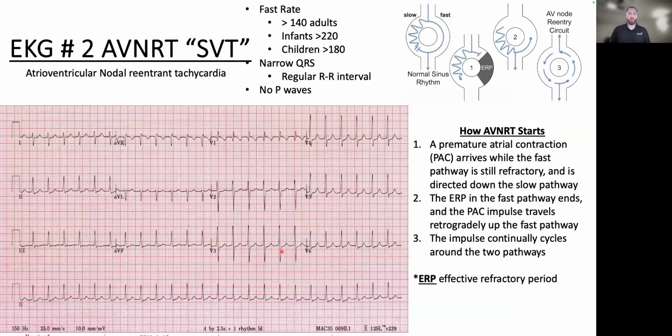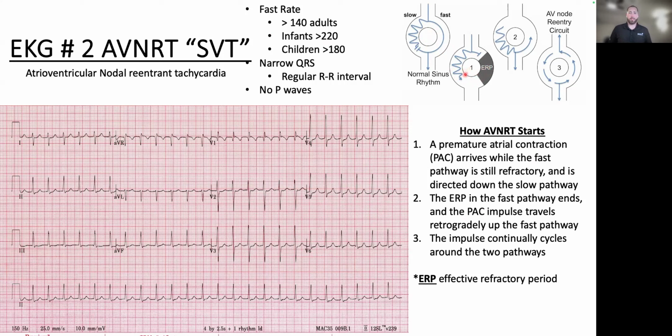So what is SVT? Well, another way to call this is AV-NRT, or AV node reentrant tachycardia. And what's occurring is typically at the AV node, you have this fast channel and slow channel. And the fast channel will typically propagate that electrical wave quickly down to the ventricles where you get this contraction. Well, in SVT, you have this relative refractory period, and if the slow path actually propagates that electrical activity around during that refractory period of the fast